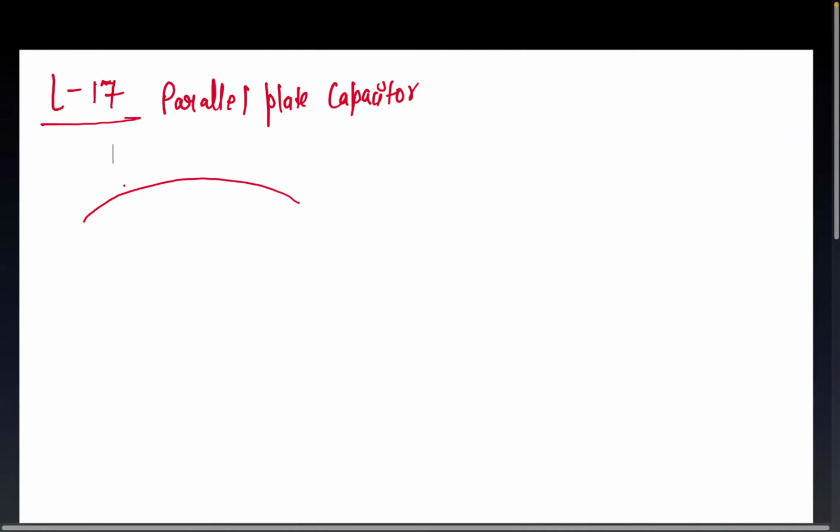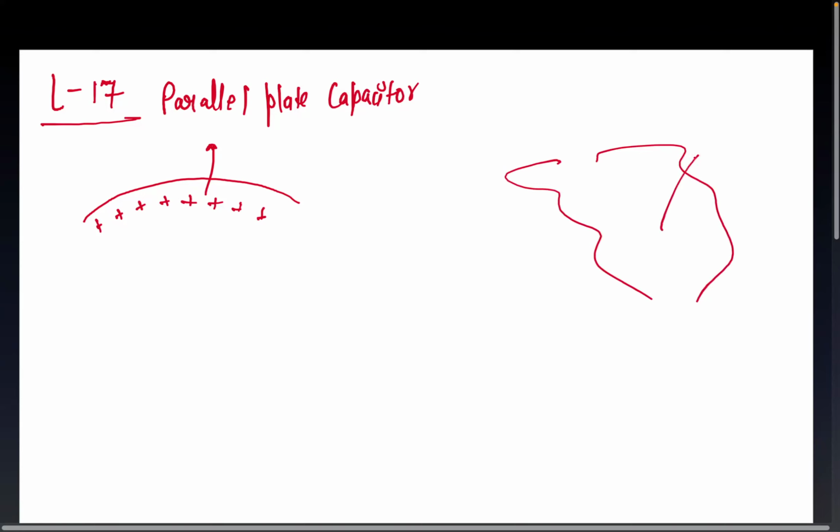Okay. So, sir, let's say this surface is charged, right? Can you just tell me what is the electric field due to this one? KQ by R square. No, actually it won't be KQ by R square. Look, due to any conducting sphere, I think I forgot to discuss this part, or I should have discussed it here itself. If you have any conducting surface like this, conducting in nature,